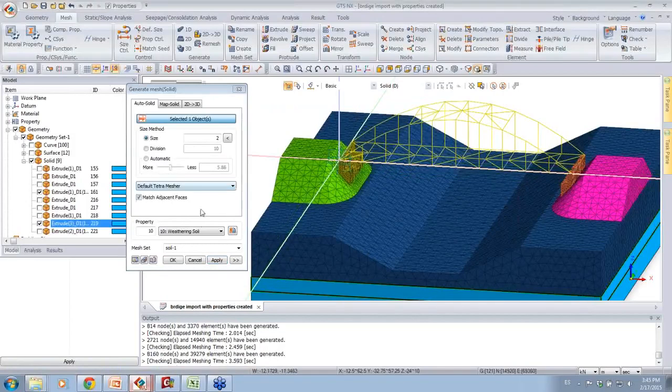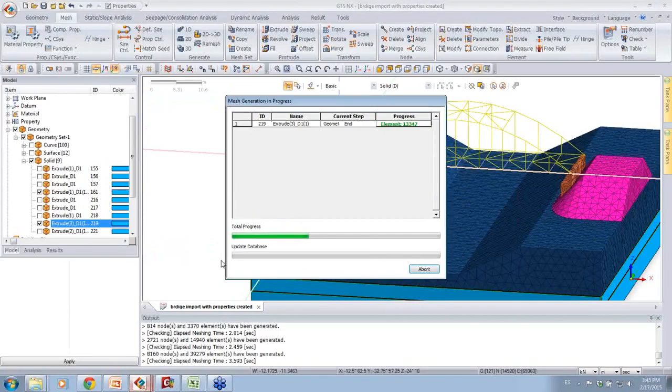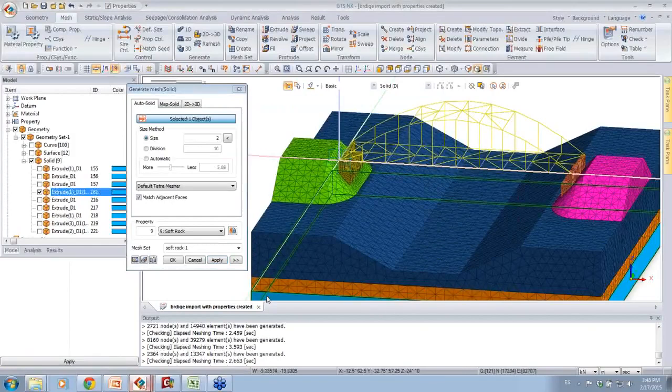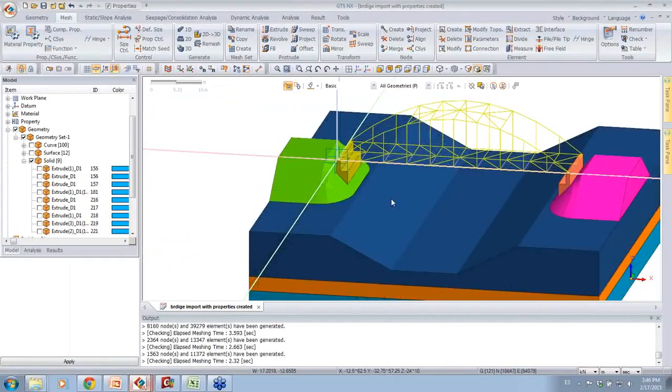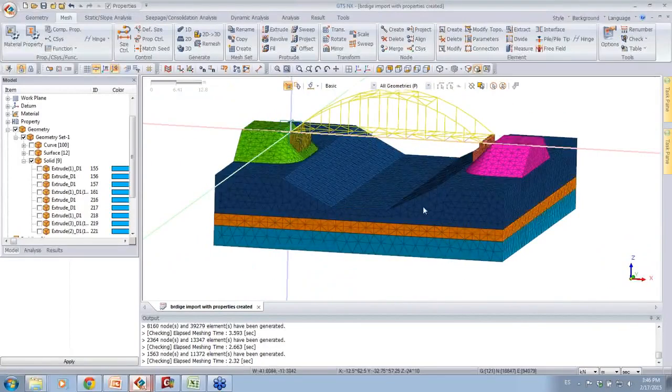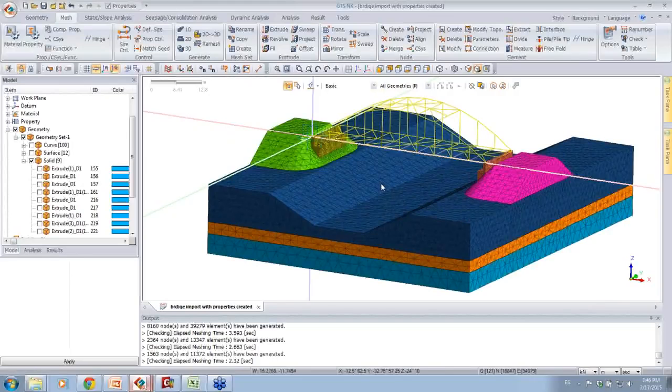We mesh the middle layer, which would be the soft rock. And then we mesh the bottom layer, in this case, which would be just rock. Let's give it a bigger size. So we've essentially meshed all our solids, and now because we have some piles in this case, I'm going to